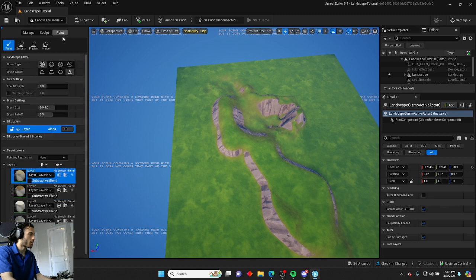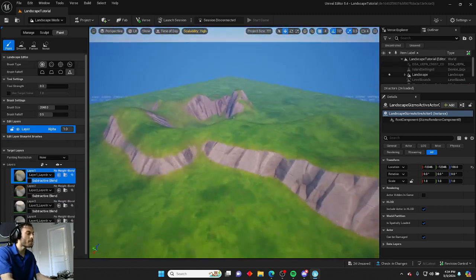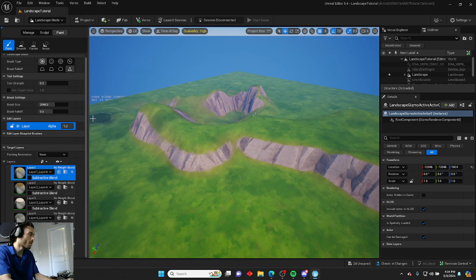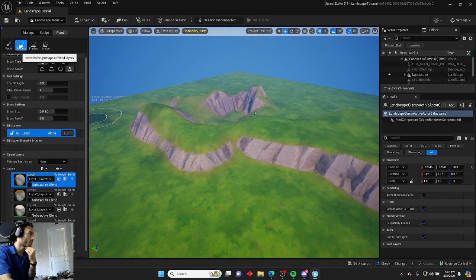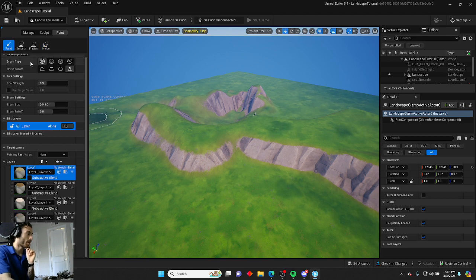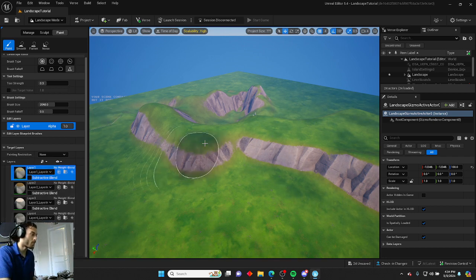So last thing we're going to cover here is painting. Okay, so painting is a little bit different than it was in UE5 because of how the layering system works. But essentially here, you have different ways to paint. You also have the ability to smoothen out specific layers, flatten, and use noise or randomness to generate specific layers, right? So essentially you want to think of it as layer one being like the base layer, and then you slowly work up over time. So layer one is the base layer,